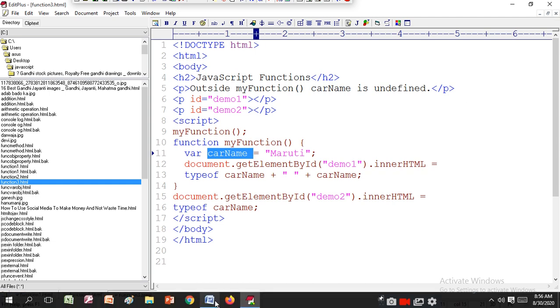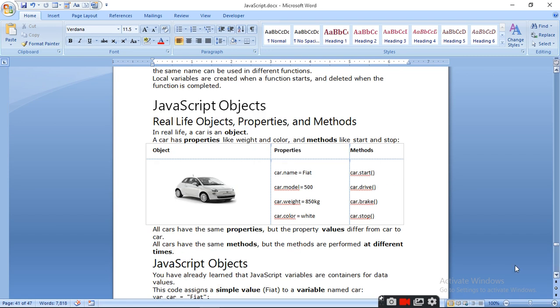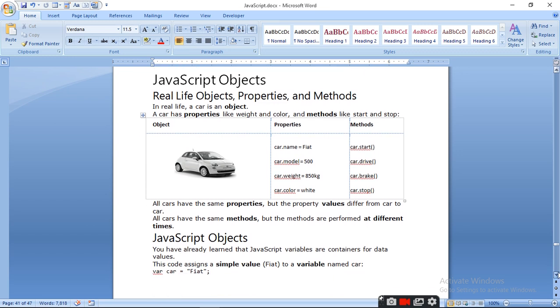Now next, JavaScript object, real life object, property, method. Here, if you are taking a car, name is Fiat, car model is 500, car weight is 850, car color is white. So the methods are car start, car drive, car brake, car stop. All these are the methods of the object.